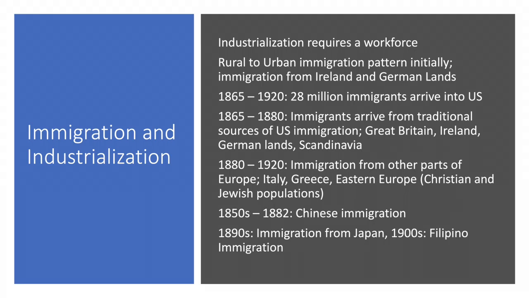Now, initially, industries solved this problem by placing their factories in cities to take advantage of where there were populations. But pretty soon, the cities did not have enough working age people to satisfy their demands. And so what you see happening pretty quickly is what scholars call a rural to urban immigration pattern, in which people are leaving the countryside and going to the cities, thus causing urbanization in the cities to grow to feed the labor demands of the factories in the city.